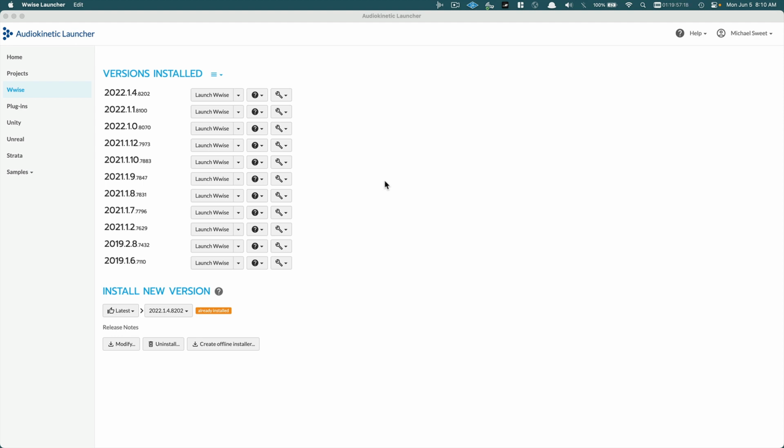Hey everybody, so in this video we're going to take our layered project and implement it into Wwise. There are two ways to do this. In this video I'm going to explain how to use switch containers within Wwise to switch between one layer and two layers. So the first thing I want to do is open up the Wwise launcher,